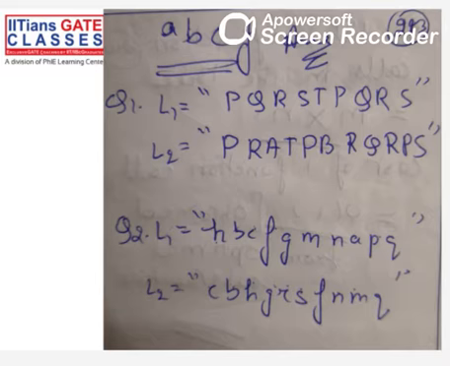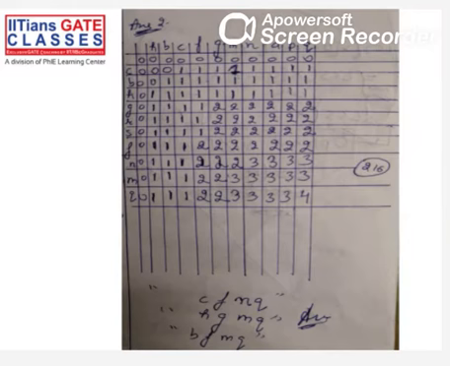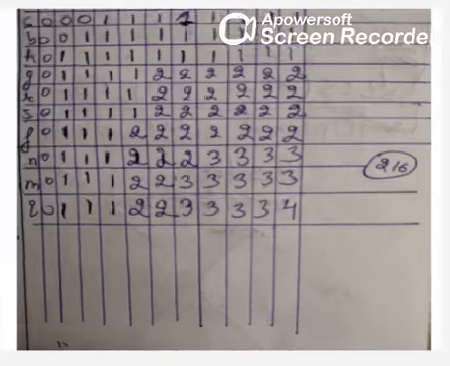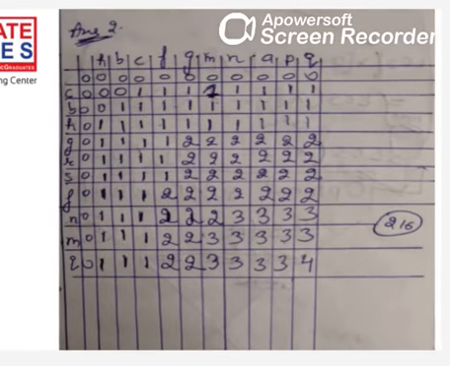All right. So what I'm going to do is I already have built the solution for everyone. So this is the table we obtained. What we are going to focus on is this part, and I'm going to tell you how many such possible length 4 LCS, longest common subsequences, will be there.